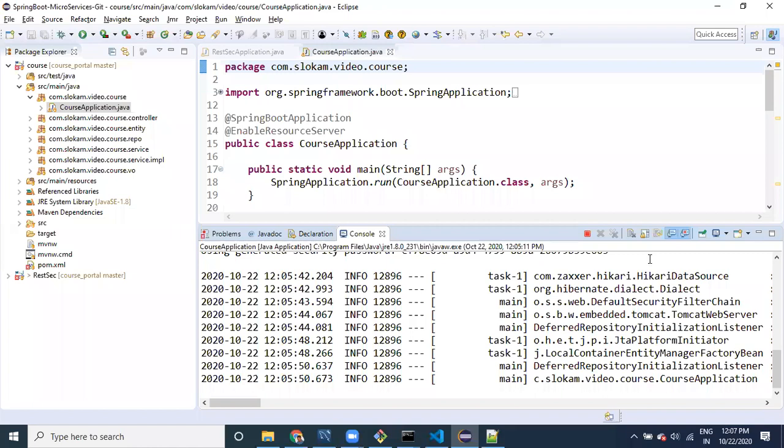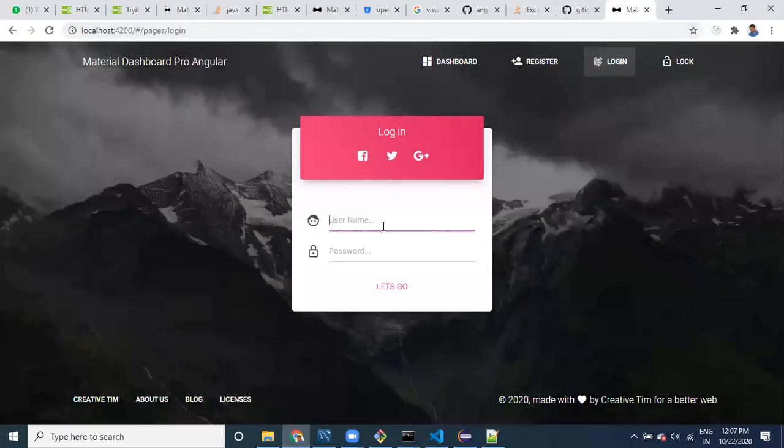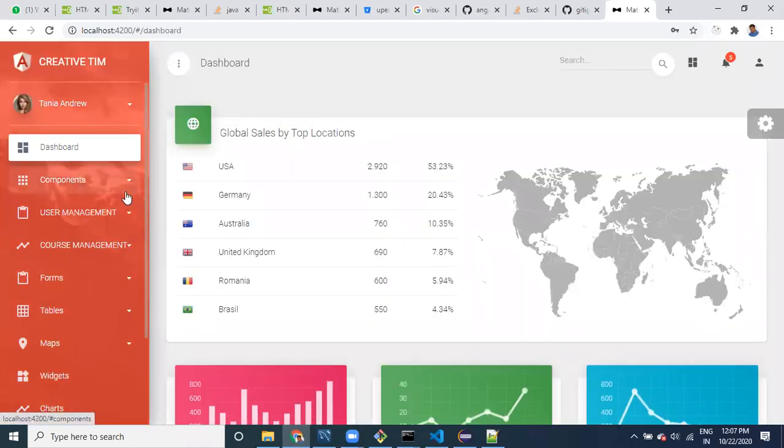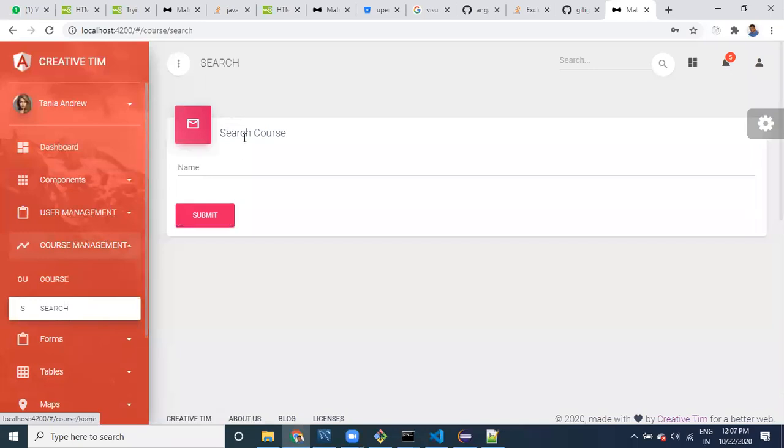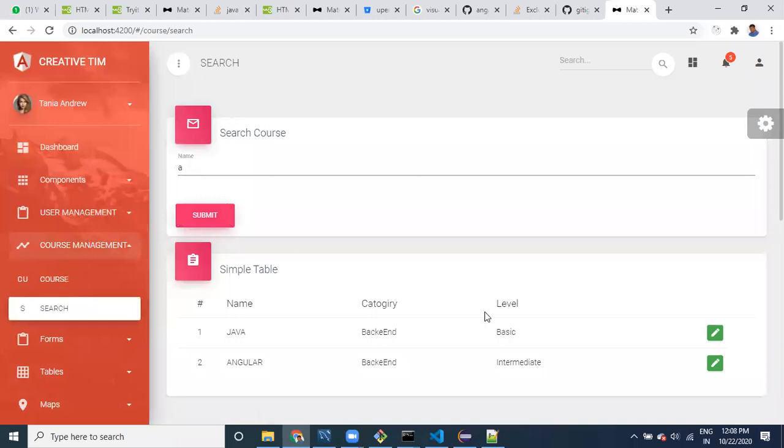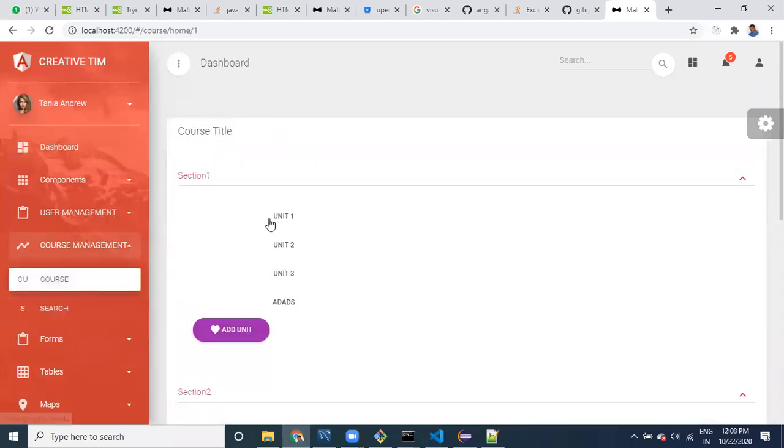Once all these things are working, what you can do? We have opened the page, right? Now log in as locum to pwd2. You have to import the schema, guys. When you are doing it, you have to import the schema. The schema files are the SQL file. Once you have run the SQL file, you can see all this data. And of course, we have video data available, right? You can search it, and yeah, Java has the units and all, and you can play this.